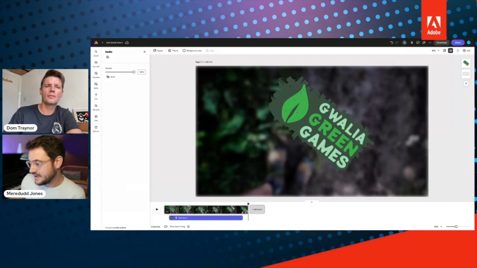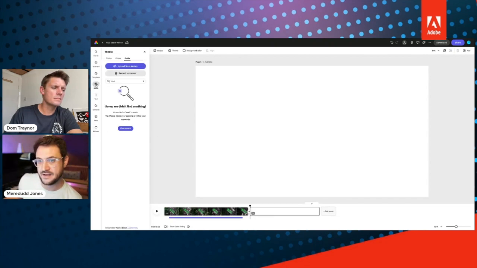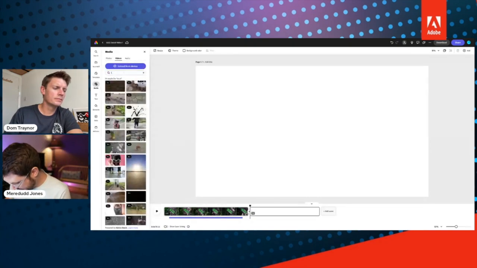Gotcha. Okay, let's add our next scene. So I'm going to click add scene, and as you can see there now, it's just giving me this blank canvas, this white bar on my timeline. And I'm just going to do the same again. I'm going to click on media in the left-hand toolbar and click on videos. And this time I'm going to search for lake